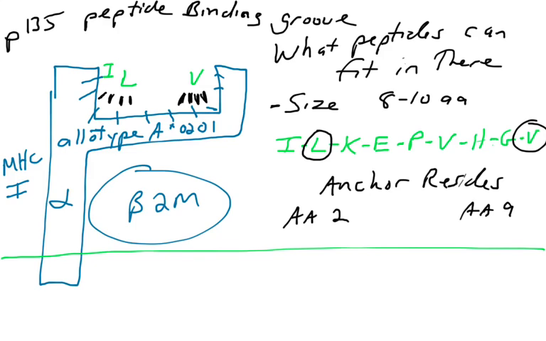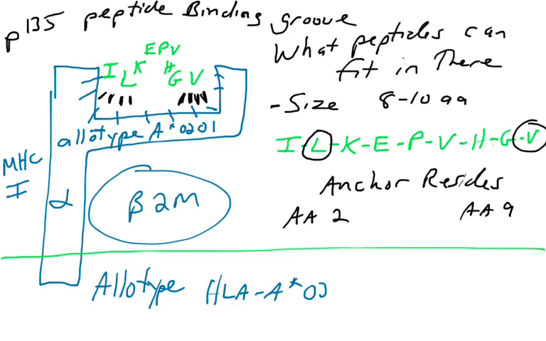So the peptide I'm showing here, it will fit very nicely in this peptide binding groove. And this peptide can get loaded here onto the MHC class 1, allotype A0201, and that peptide can be presented to a CD8 positive T cell to see if that T cell has a T cell receptor with a variable region that binds and interacts with this peptide. Right? So this is the allotype